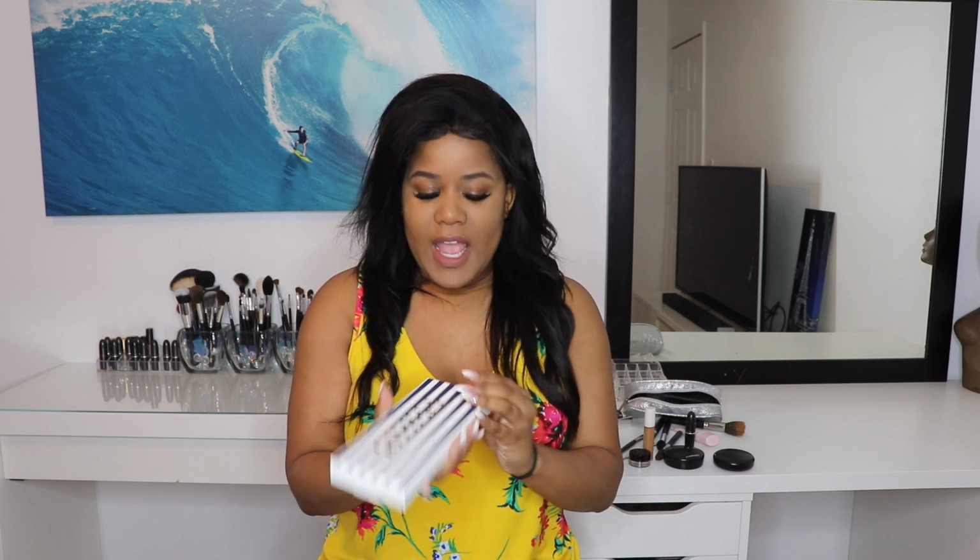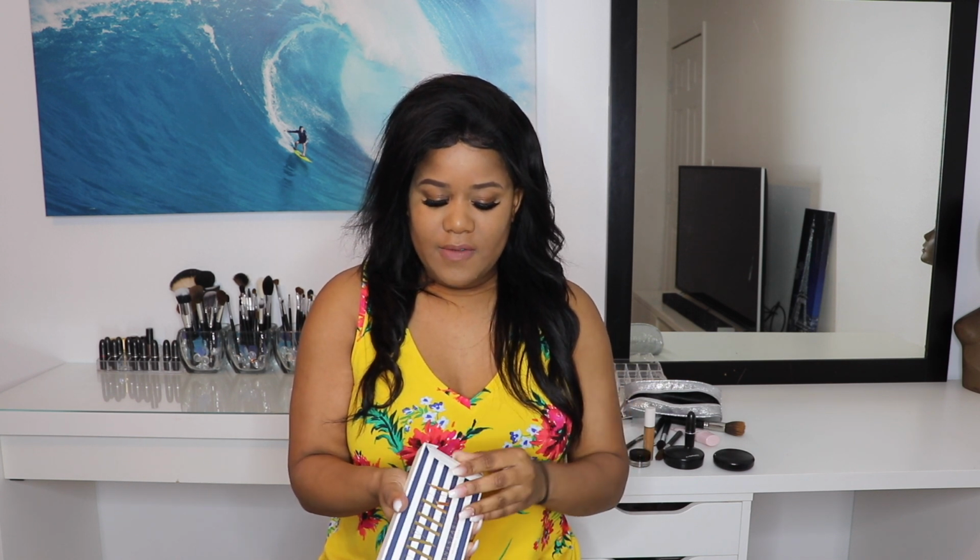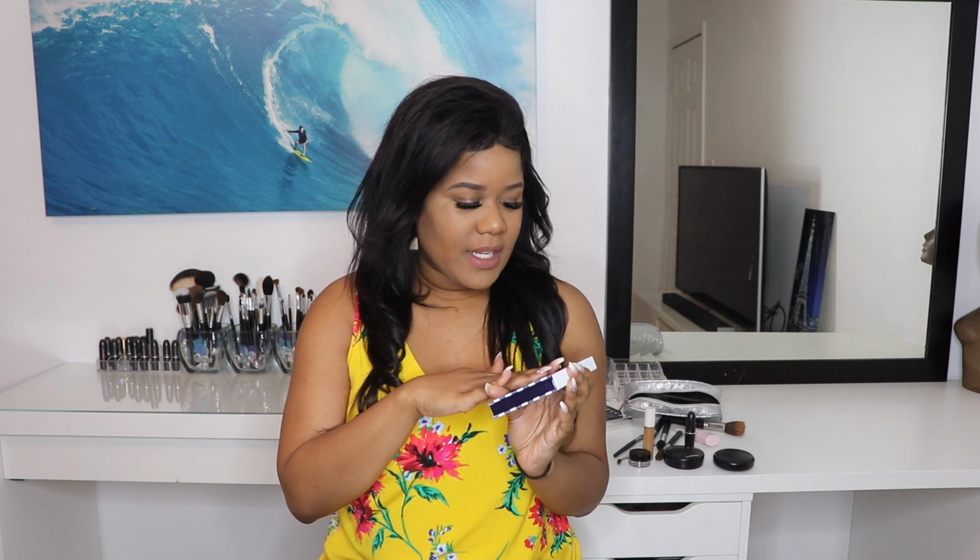I really like the packaging. And inside of it is the box. Duh. But what I really love about this box, you guys, is that the feeling of it isn't velvety. It kind of feels like a beach bag, as if you were a tourist buying a beach bag. That's how it feels. It's not the velvet soft one like on the Modern Renaissance palette, and I really like it. It is eyeshadows and pressed pigments, and when you open it,